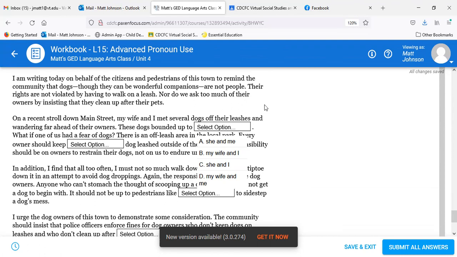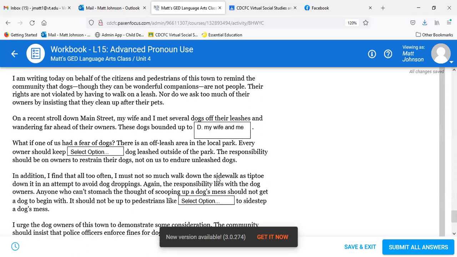So these dogs, right? We use these, so we have dogs as the antecedent as part of the subject. These dogs bounded up to my wife and me. So there's the object, right? The dogs bounded. We're receiving that action. My wife and me. Me is the object pronoun there. What if one of us had a fear of dogs? There's an off-leash area in the local park. Every owner should keep